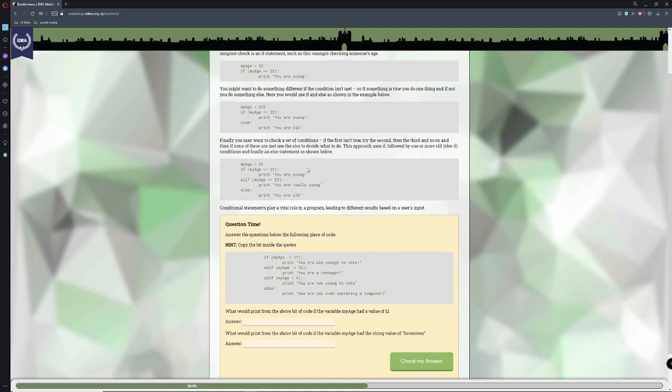Finally, you may want to check a set of conditions. If the first isn't true, try the second, then the third, and so on, and continue until you have an end goal. Okay? This approach uses if followed by one or more else if statements.